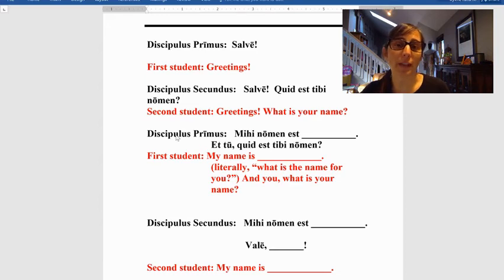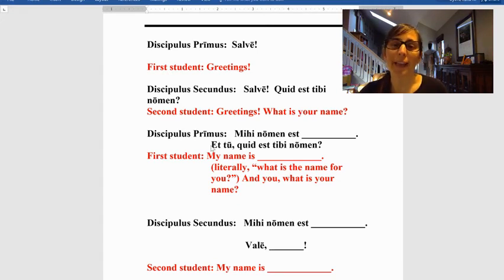Discipulos primus then responds. Remember, that's first student. Then responds, mihi nomen est blank. Fill in your name. Now this is new though. So first student, my name is blank. Okay? And I have a little note here. It says it literally means, what is the name for you? Okay? But in nice English, we say, what is your name? Okay? So now we say, et tu,